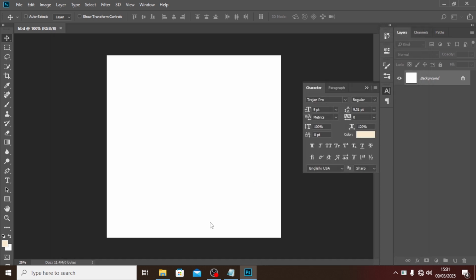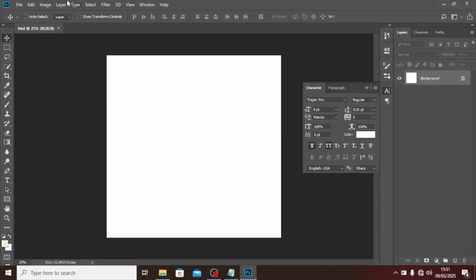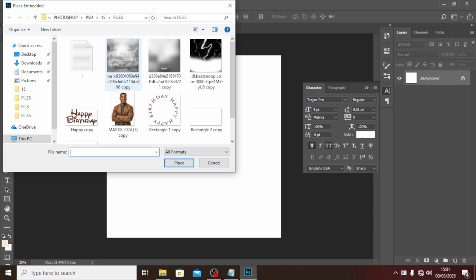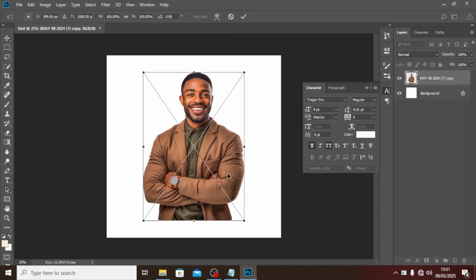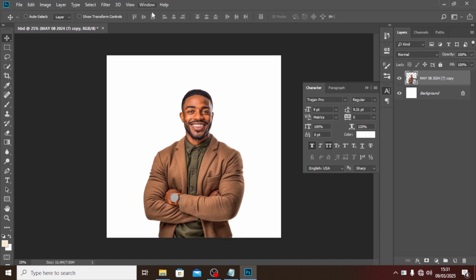The first thing I am going to do is bring in the image into the composition or the canvas. I'll go to file, then place embedded. Then I'm going to click on this file and click on place, and drag it somewhere down here. Now the other thing is that because we want everything to be really aligned well,